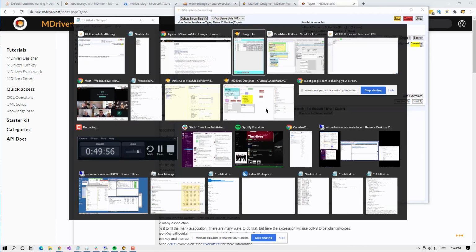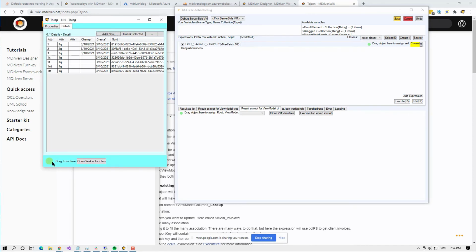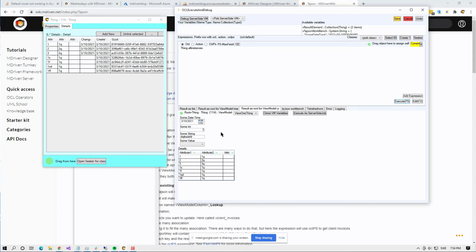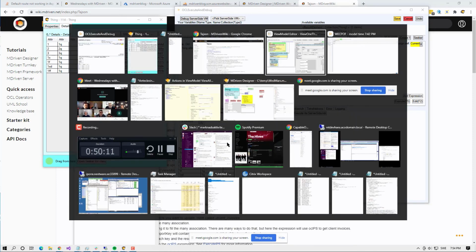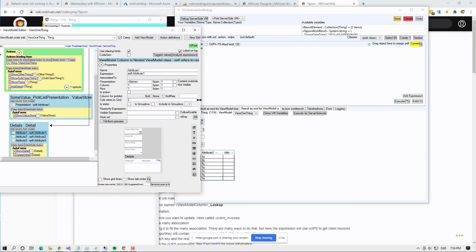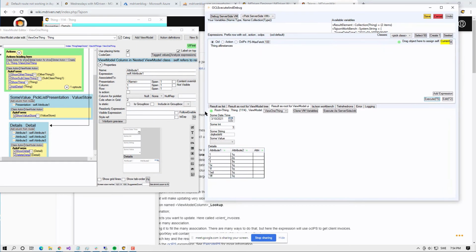Let's say I have an object here and drag it over here, and I look at view model thing 1. I can get the view model rendered here, so that's good, you might say. But what's even better from today is that we now can